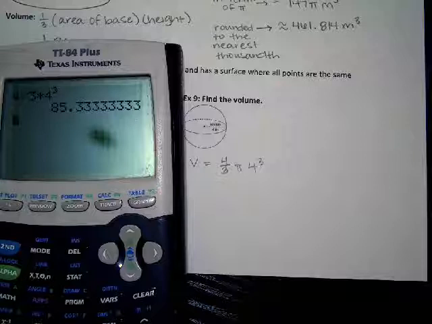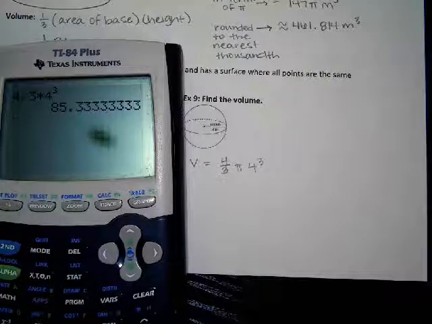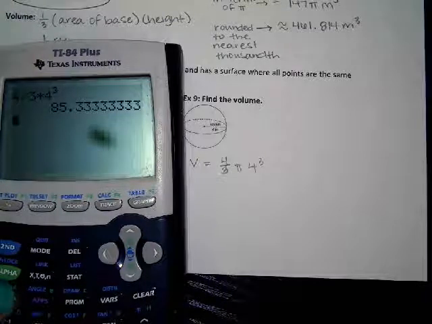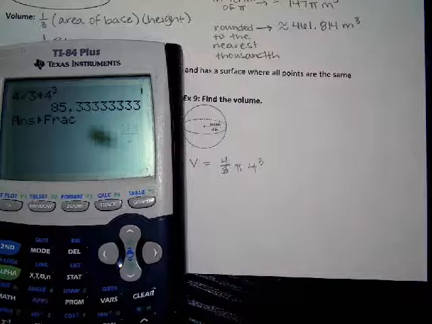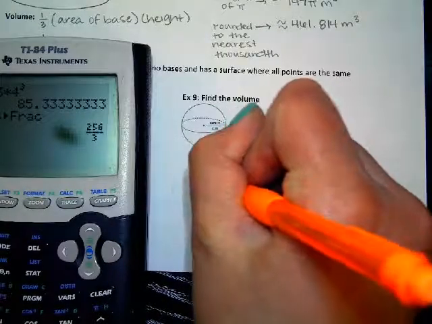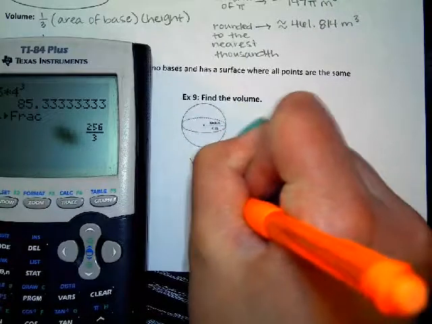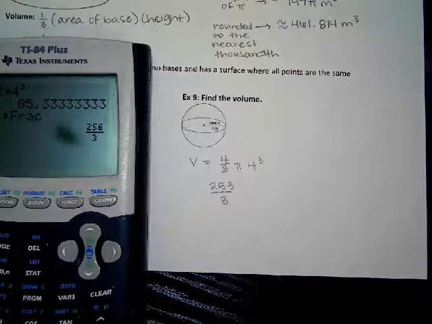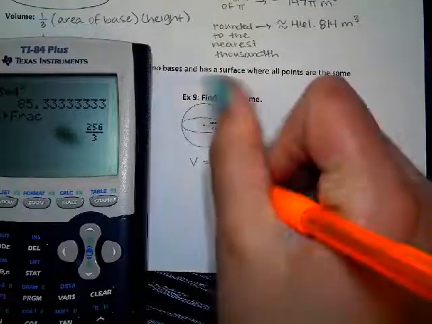I've rounded my answer that's in terms of pi, so it's rounding but also exact, which is confusing. So I'm going to turn it into a fraction, and I'm just going to write 256/3. Now, some people, and this is a pet peeve of mine, will still want you to do that